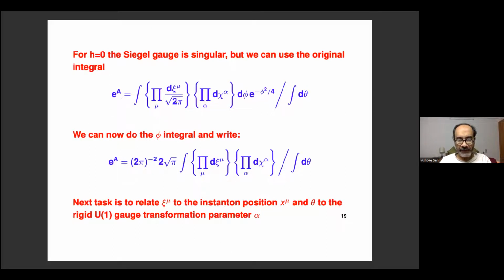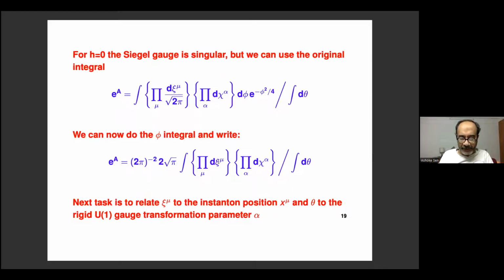Okay, so here it is. You see now that the phi integral becomes a Gaussian. It doesn't make sense to set phi equal to 0 because the shift of phi is not a gauge symmetry anywhere. In fact, nothing transforms under gauge transformation here. So you do the phi integral explicitly because it's a Gaussian integral, and write it in terms of A as this ratio. So you have extracted out the collective coordinate integrations, as you can see from here. But these are not quite collective coordinates yet. You have to normalize them properly.